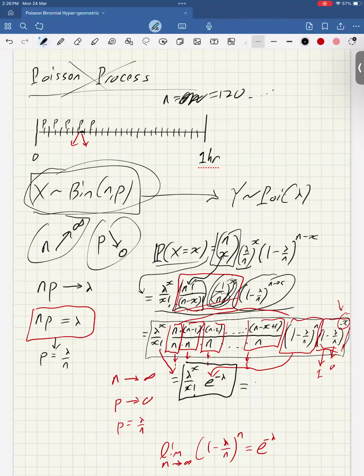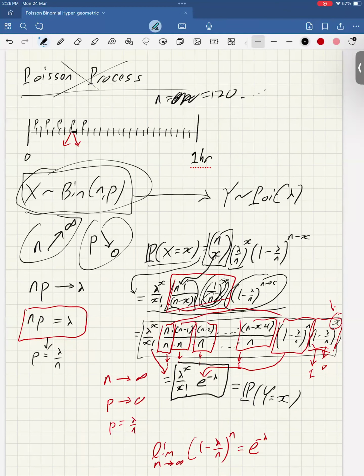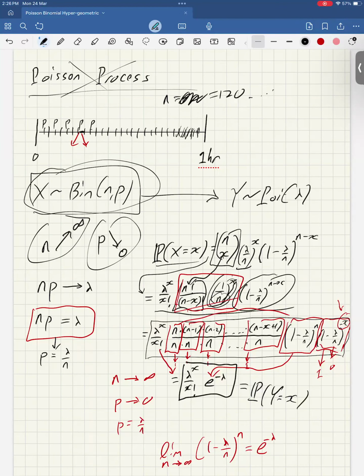So that is the probability that Y equals x. Okay, and this is how the Poisson distribution can be viewed as a one parameter approximation of the binomial distribution, where you no longer say that you're just looking at n events. You're allowing for a continuum, an infinite number of events, and you can think of it as if you've taken the unit time and split it into many small intervals,